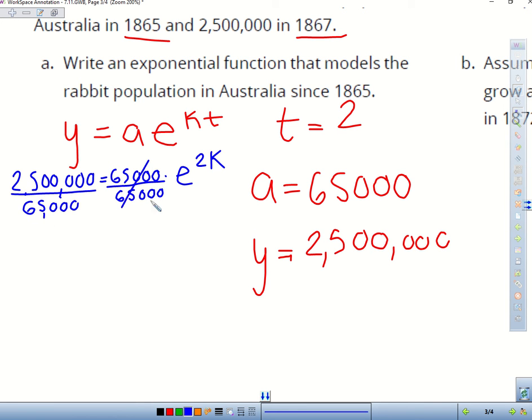So the good news in this one is, because who wants to keep writing those big numbers? I'm pretty sure this one simplifies to something that isn't so bad. Making sure I'm putting in enough zeros. That's 5 zeros, yeah? Divided by 65. 1, 2, 3. Oh, it doesn't simplify so nicely. But we could technically cancel out zeros, but I don't want to get too complicated, so let's just leave it